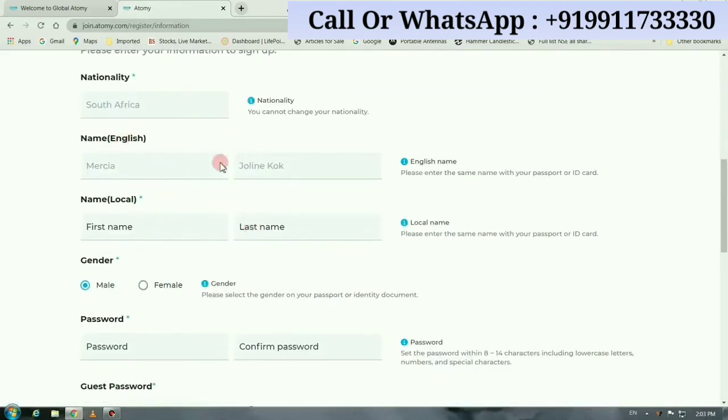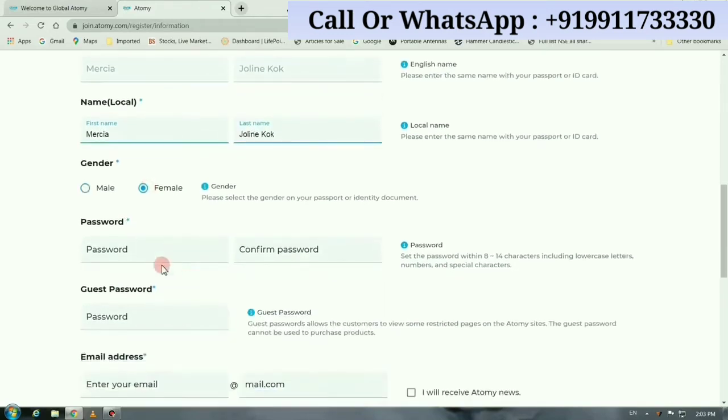Now here you can check if you have entered anything wrong or not. Again you have to enter your first name, select your gender and set your password.